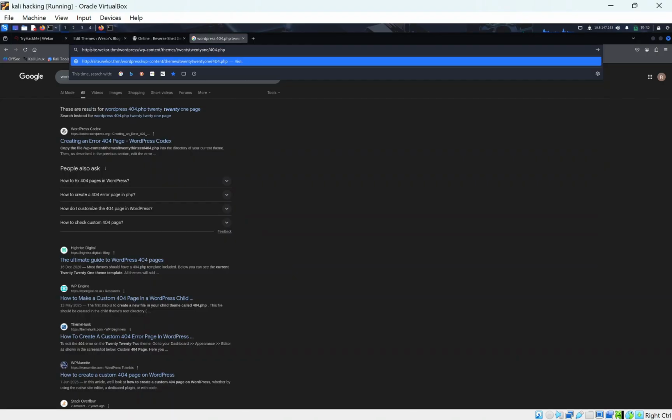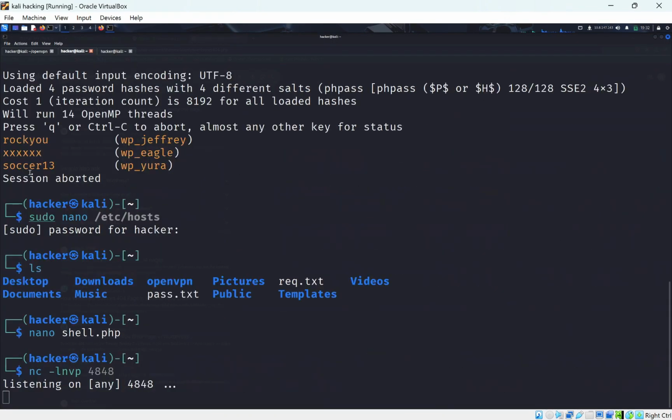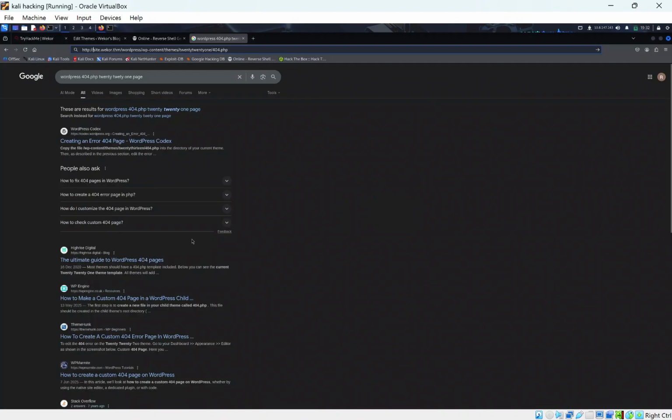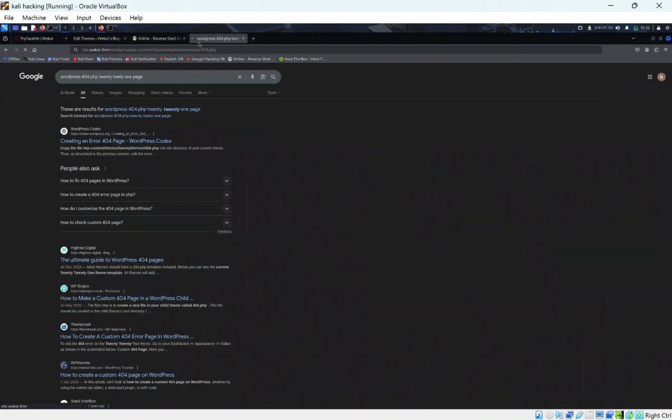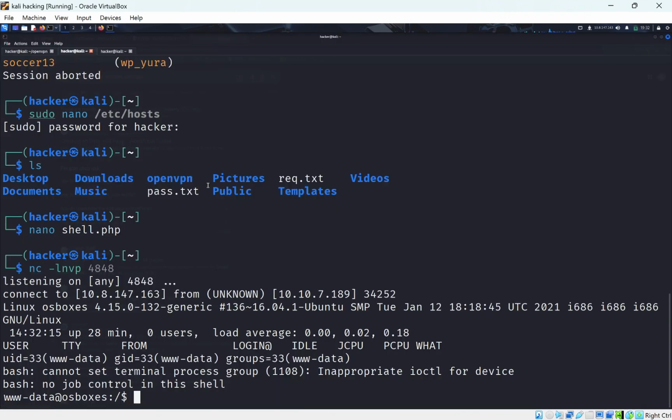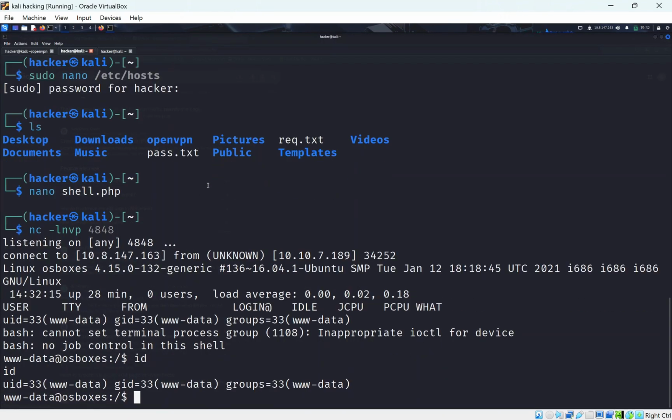So we need the specific URL location to load this reverse shell. And remember, we need to be listening on our port now. So if you press enter, this should hopefully work, cross our fingers. And this loading sign is a good sign, and we can see we do have RCE,